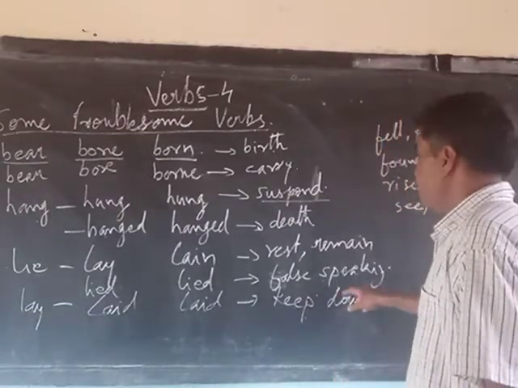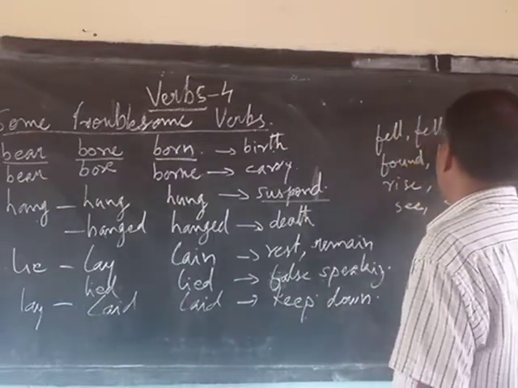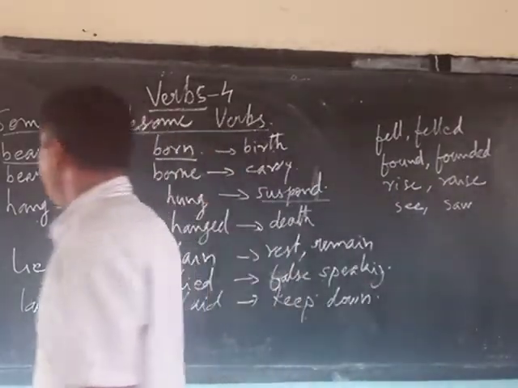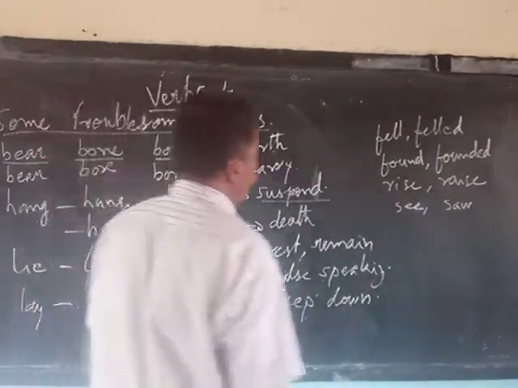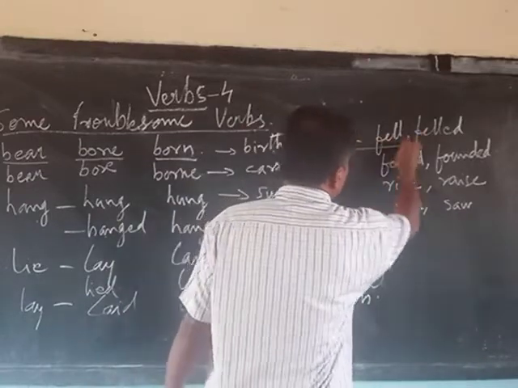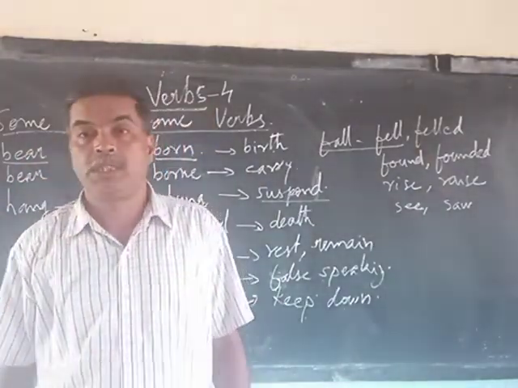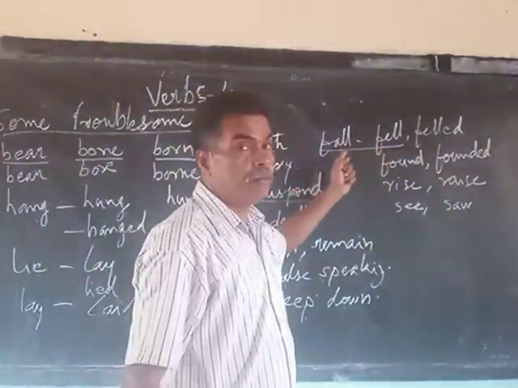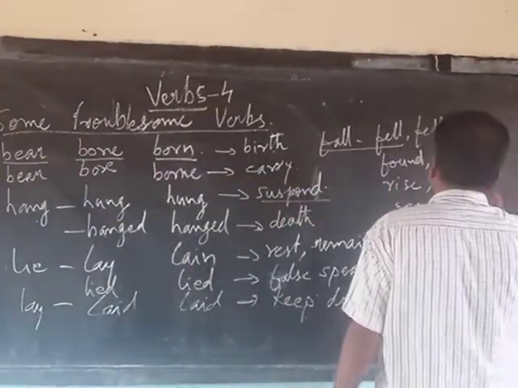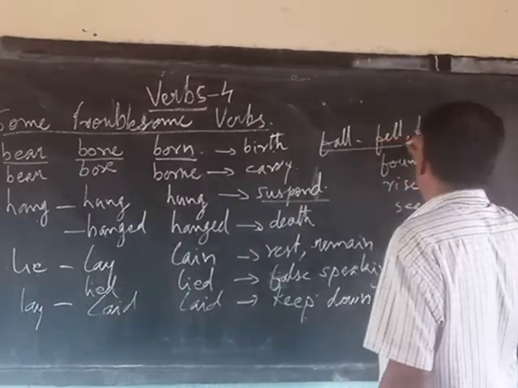Alright? Now, since there is no place here and it doesn't catch the screen, I have written a few more words. Fell and felled. Fall, fell. Fall, past tense is fell. Okay? You will fall down. He fell down. Past tense of fall. But this fell itself is a V1 form of the verb. Past tense is fell.